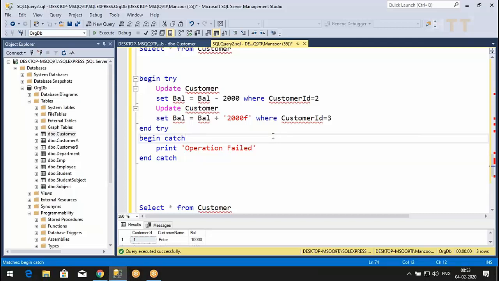To roll back, I need to have a transaction. Now I'll say begin tran, or you can say transaction, whatever you want. Begin transaction, and for the name of the transaction you can write some name. Let us give the name my trans.